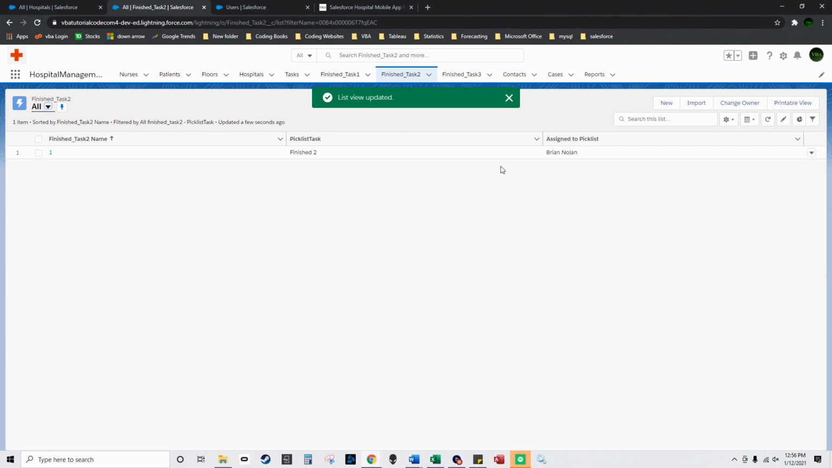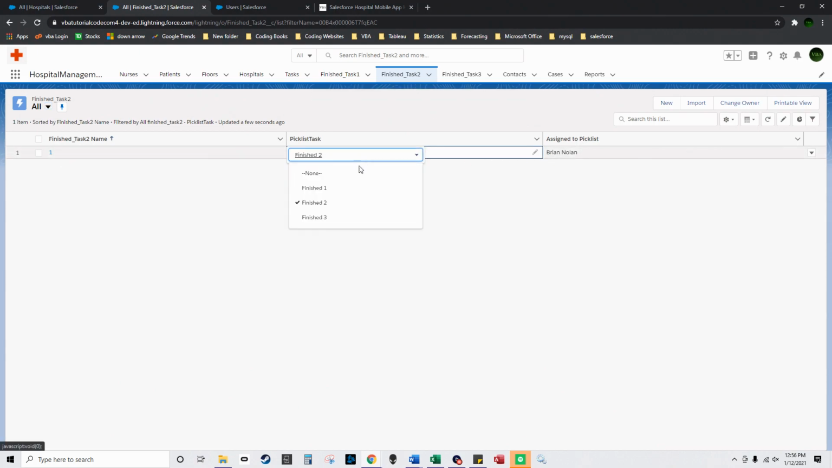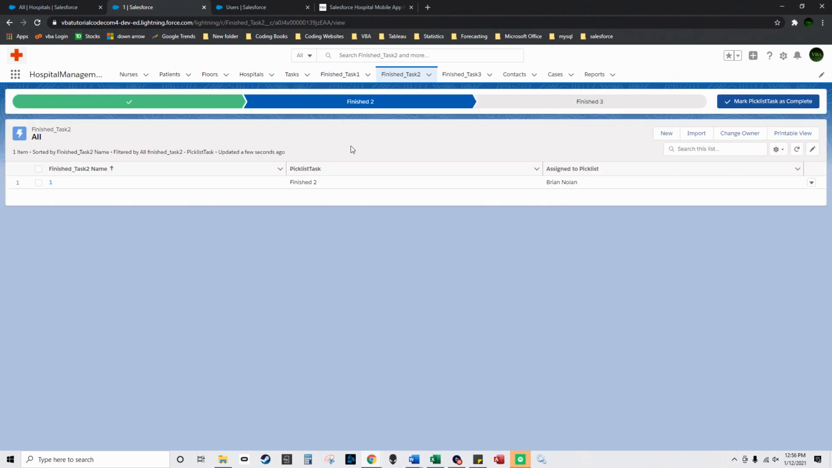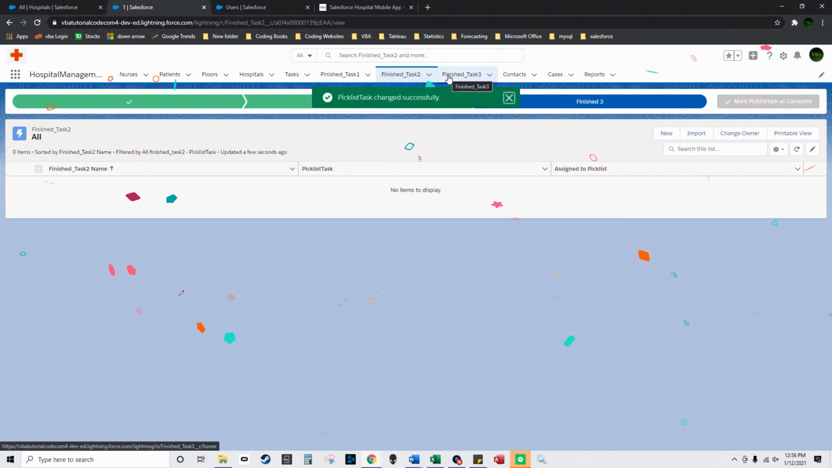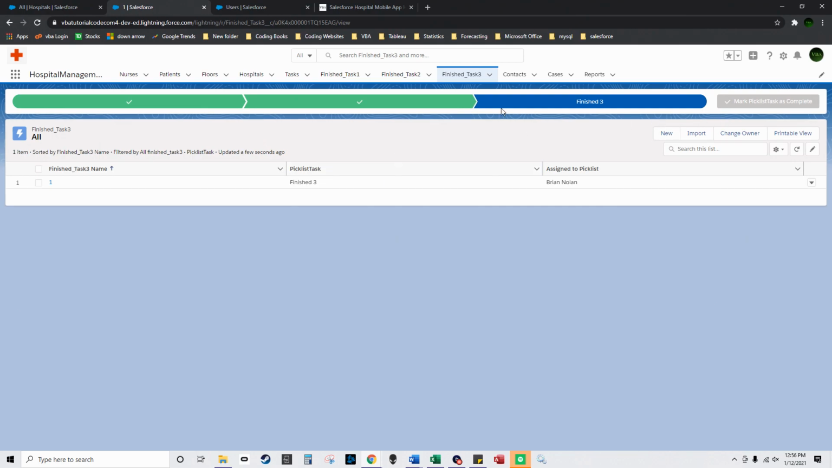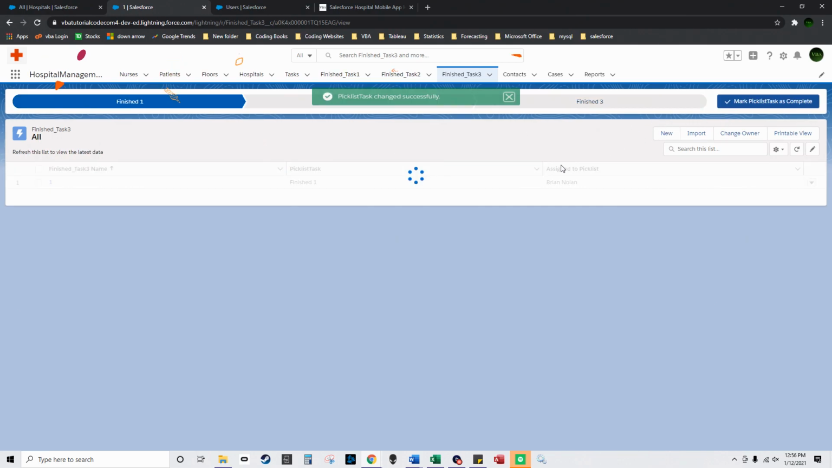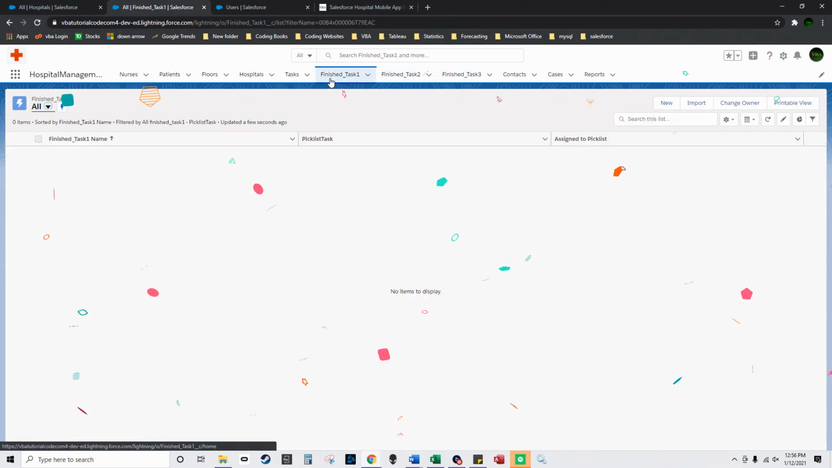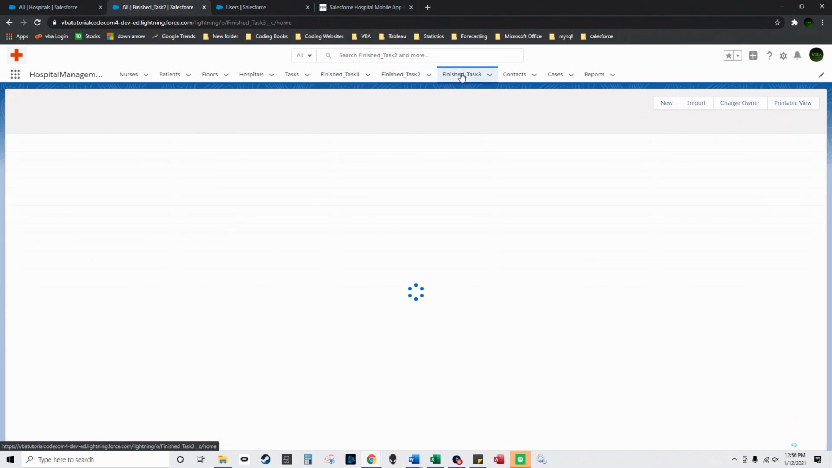So now under finish task 2 you could edit here and switch it to finish task 3, or you could click in here and get this fancy view, and I'm going to mark this as finish task 3. So now it removes it from the finish task 2 page, it puts it on the finish task 3 page, and now I'm just going to go over here, and I'm just going to move this back to finish task 1. So I moved back to finish task 1, and